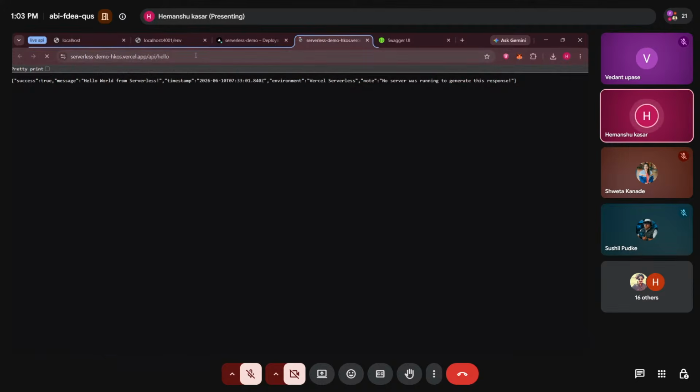Once I execute this, we will see the success message, hello world from the serverless. As it was simply a GET request, we are able to get that response from that live URL. So this is how you can deploy your particular API on the serverless infrastructure.